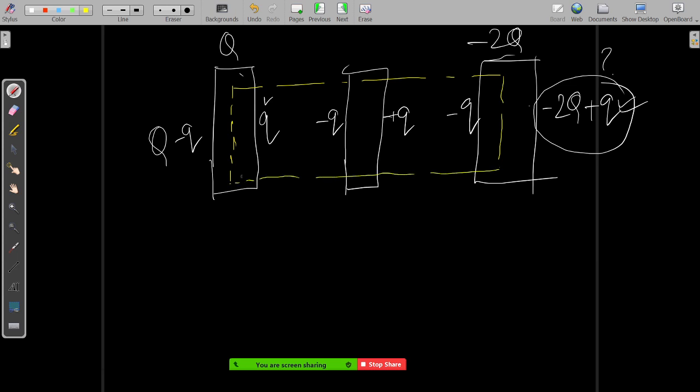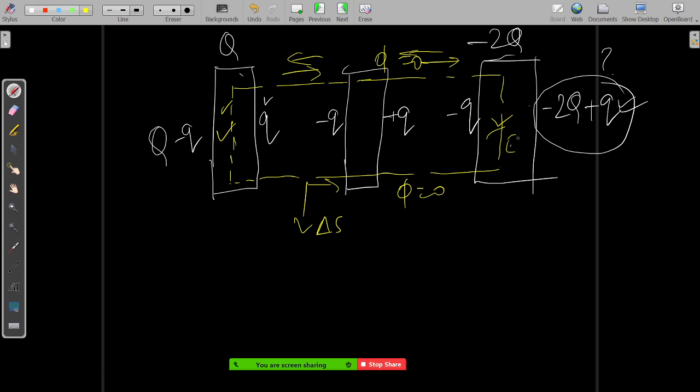If you draw it in a similar way, you will find again that the flux is going to be zero, because in this part the electric field is either in this direction or in this direction. The flux is zero because the direction of the surface is perpendicular to the electric field direction here. So flux is zero through this surface, and through this surface. The flux left is only this and this.